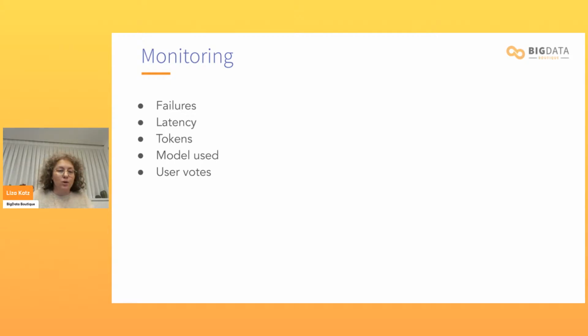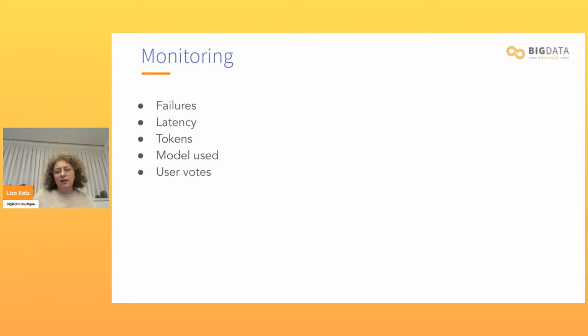Then latency and tokens. LLMs can get slow and they can get pricey. And if you release a RAG application, like you vibe code your way through an application with Base44, and you put your OpenAI token in there, your Bedrock token in there, you might be very sad after a few days because they can get expensive. Just log everything. Make sure that you set up your caps also, but mostly just log what model you used for what, how many tokens it took, both input and output, and then you can track what's happening in your system.